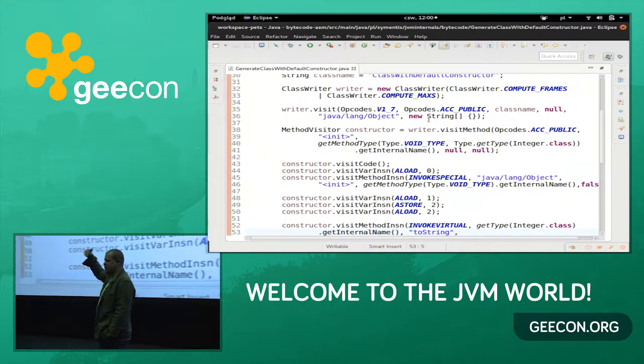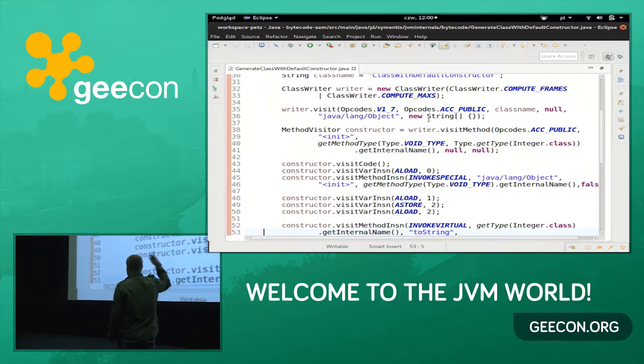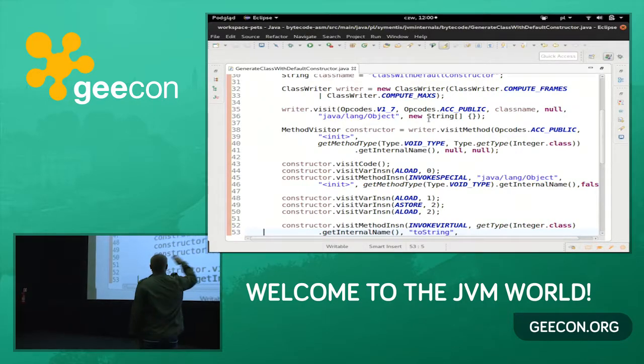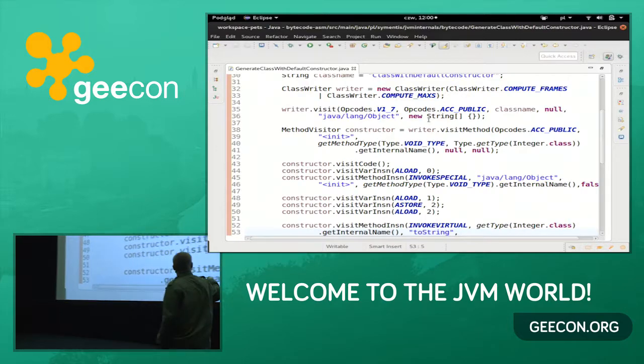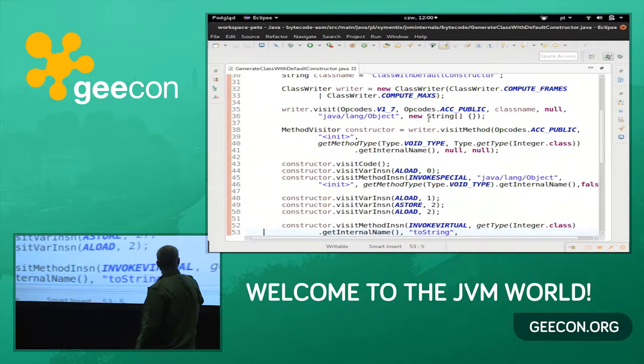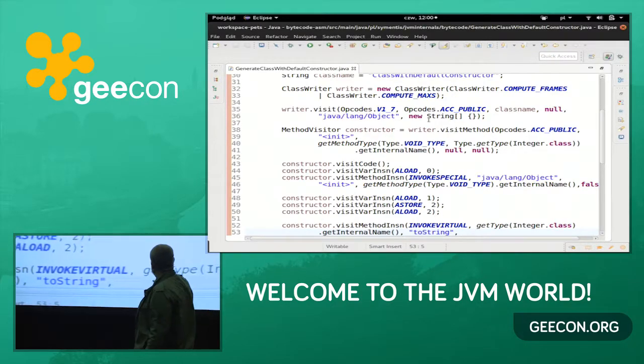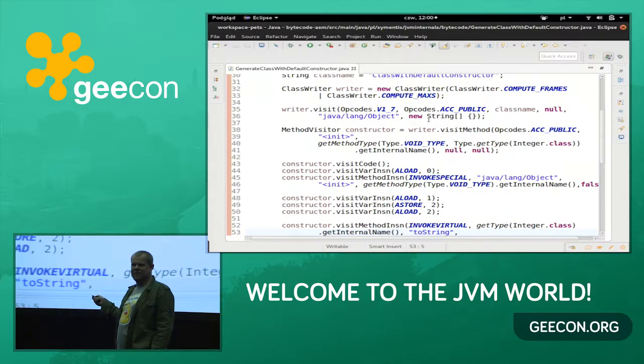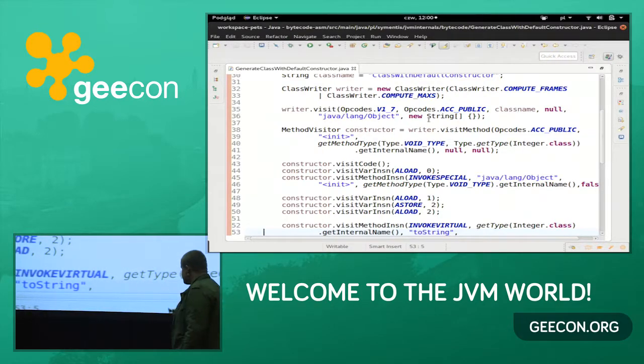If you see bytecode load 0, it means, if the method is not static, I'm going to do something on this. So I load this, and then I call invokespecial. What is this? It's the super call. I call the super constructor of the java/lang/Object type.